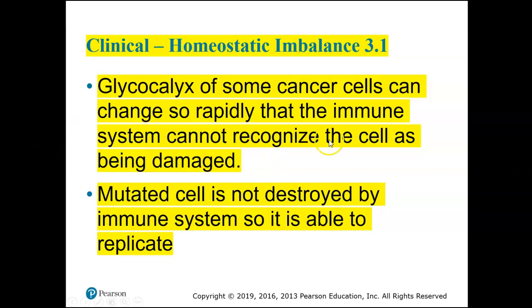And then here's the last slide that we're going to go over in this recording. This is our clinical homeostatic imbalance, example 3.1. The glycocalyx of some cancer cells can change so rapidly that the immune system can't recognize the cell as being damaged. And therefore, that cell is not destroyed, and it's able to keep dividing and form into a tumor. And this is slide number 26. So we'll start the next recording with slide